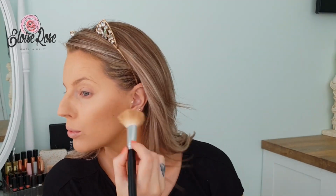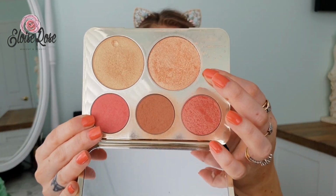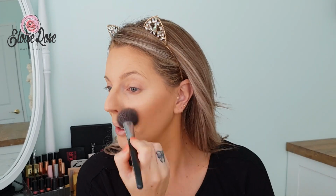harsher look. The other thing that's handy, another little mum hack, is getting little palettes that do have contour, highlight and blush in. So I'm going to use this blush and this highlight. And I like to go on the apples of my cheek and then bring it up a little bit higher. That's what I like to do personally. And then before I do my highlight, I like to dust over my bronzer. So I'm going to use the WetnWild bronzer, and this is called Ticket to...